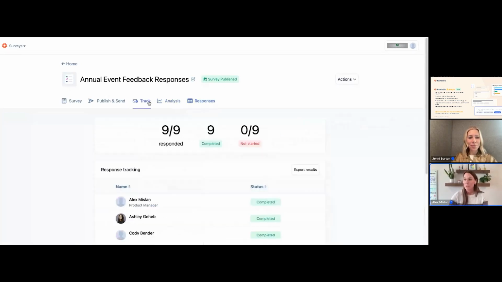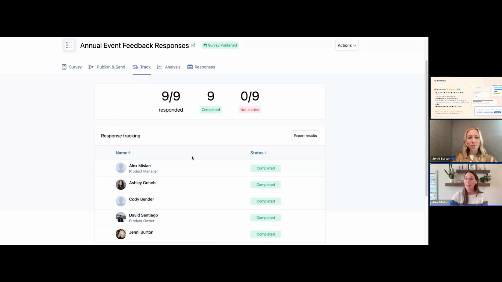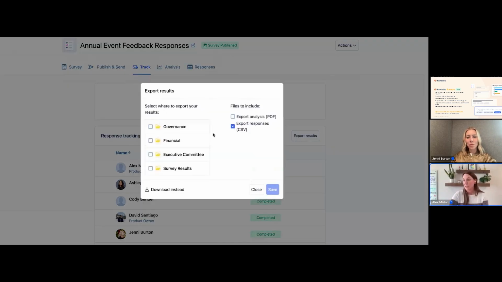And where we really kind of bring this full circle is going back to that track tab. I'm going to say, you know what, this is important. I want to make sure that we can talk about this in the next board meeting, but I don't want everybody to have to see the information in real time and then have to process it and then bring their feedback. They've already gone through this survey. Let's let them take a look at the aggregated data so that they have an informed opinion coming into that board meeting and it can enrich our discussion.